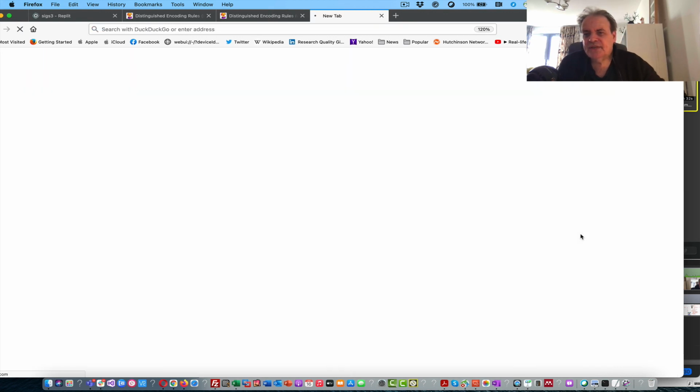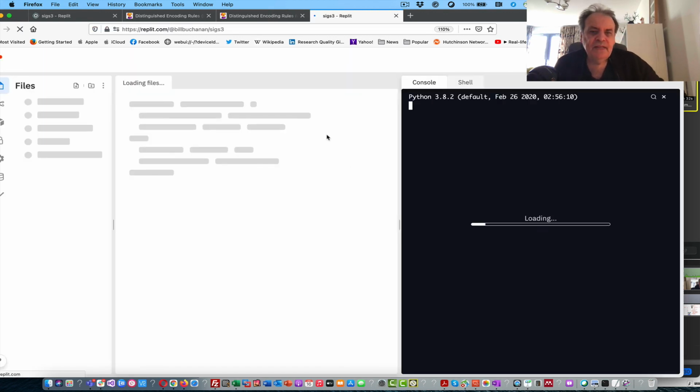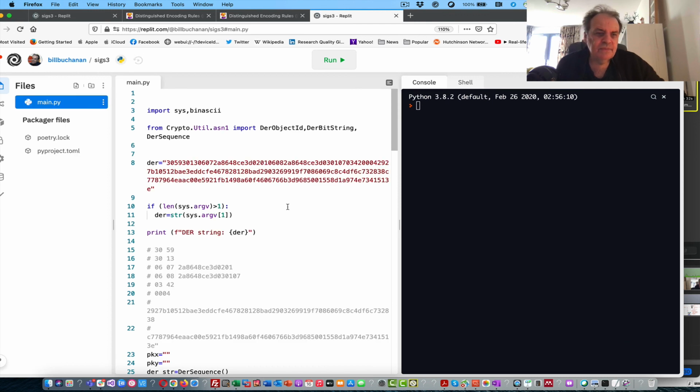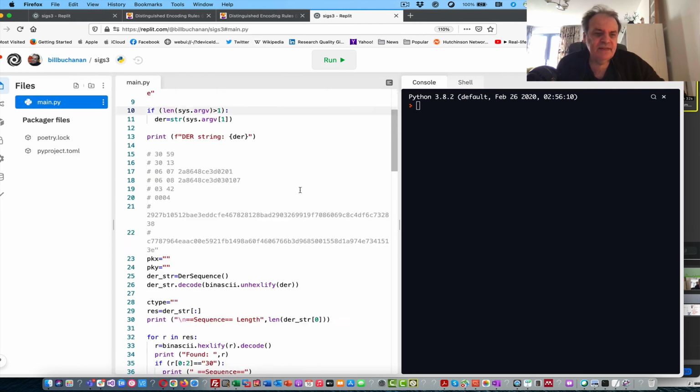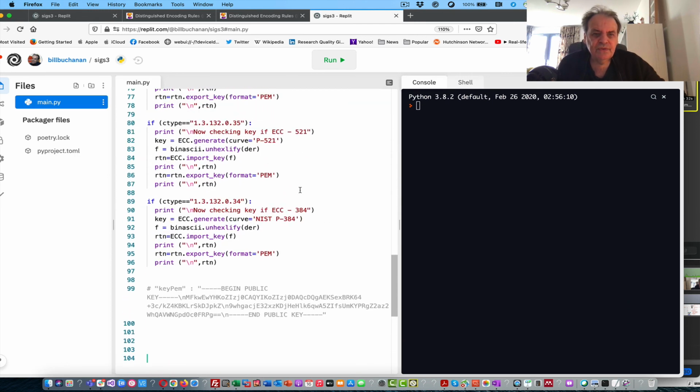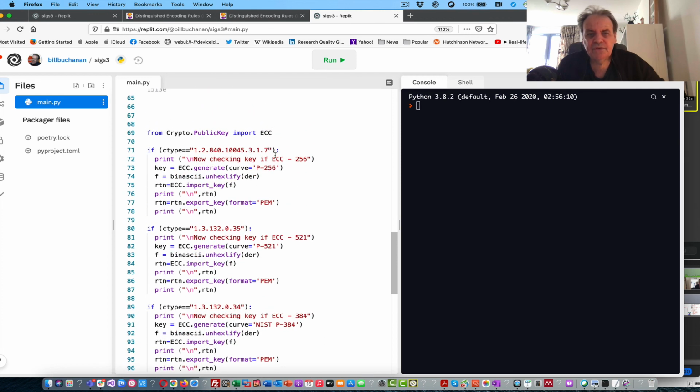And if we want to try that out, then we can just run our little program in here, and there's the code that we have. Okay, so for certain types of curves, we can input the whole of the DER string. We convert it into bytes, into a byte array.